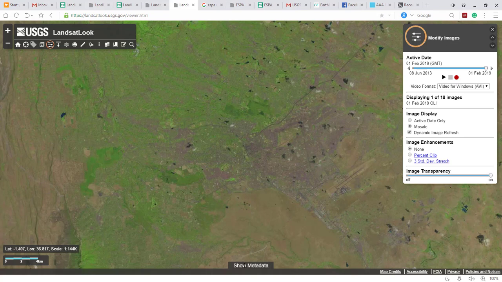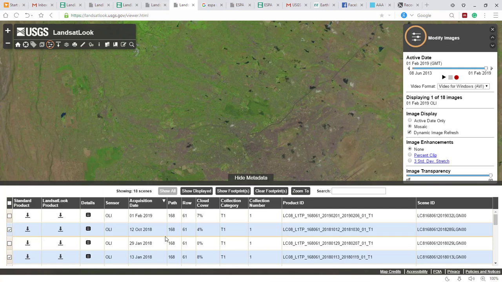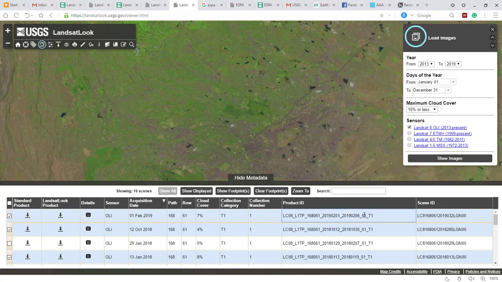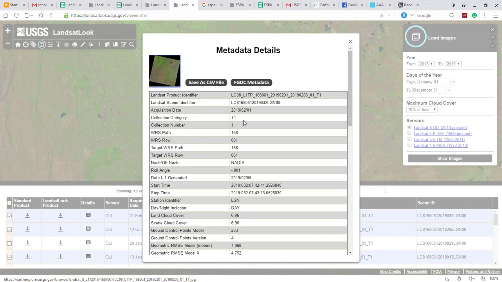Then the next step is to click on metadata file or show metadata. You can see all the details of the listed images that fall within the specified time period. So the next step is to copy the product ID. You can copy the product ID by clicking on the details, then copy the product ID